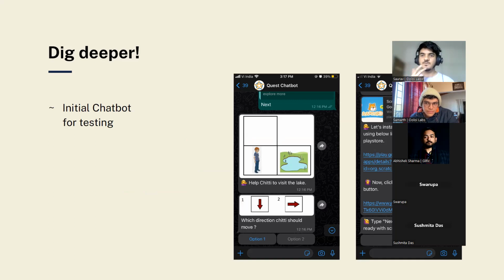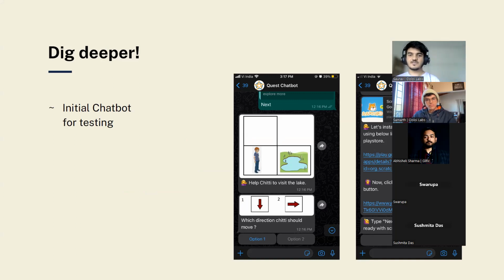Also, one more thing that we do in our research is we always try to have an artifact that we show or give to our users for them to play around. Because by observing that itself, we learn a lot of things around what are the gaps that the users are facing, what are the areas that we need to work on.